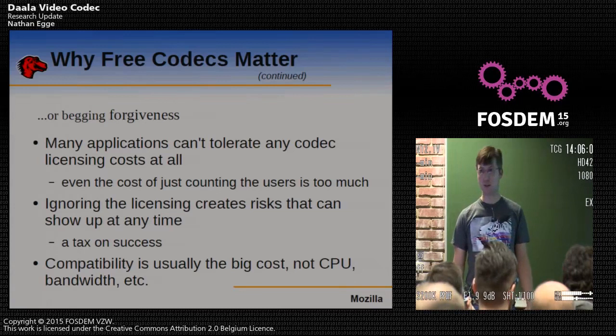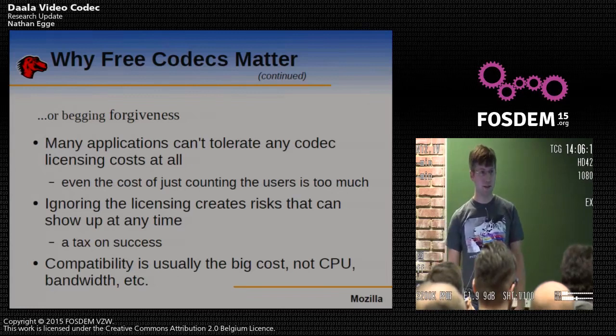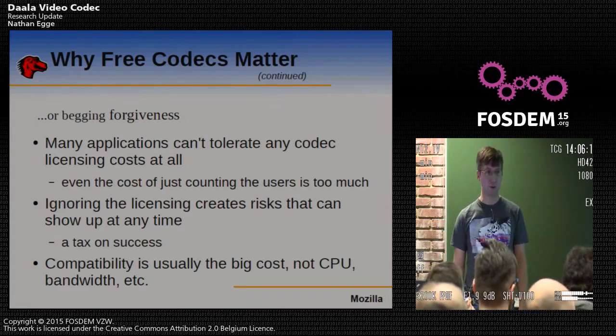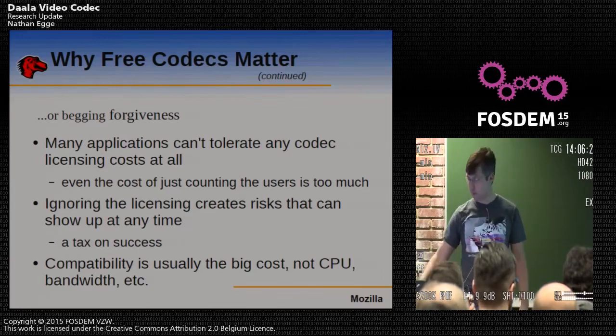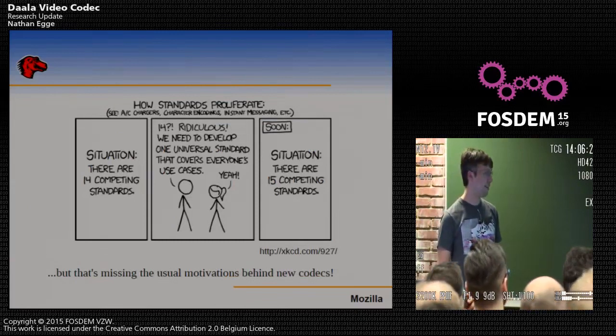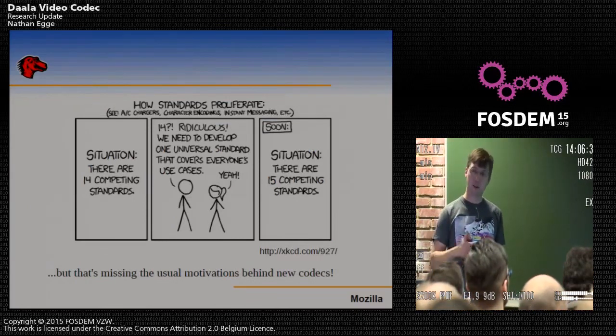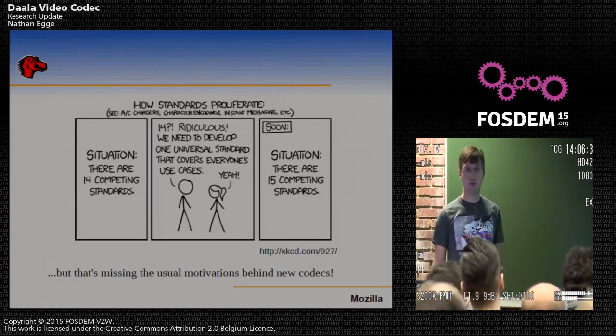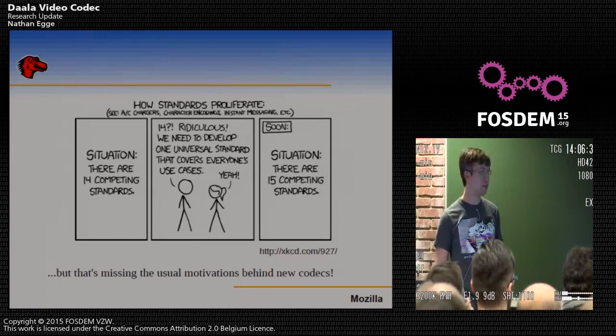And then finally, the cost of the license really isn't the largest cost in deployment. The largest cost is in compatibility. Think about the life cycle of a product for some hardware manufacturers. They might spend orders of magnitude more on just ensuring compatibility across all their devices and all their deployments, and the licensing fee is really not so much a concern. So you might have seen this webcomic. You think, well, OK, we have all these codecs. We should really just make a new codec that covers these use cases, and then we can get rid of all these compatibility issues. And now you have one more codec that you have to be compatible with.